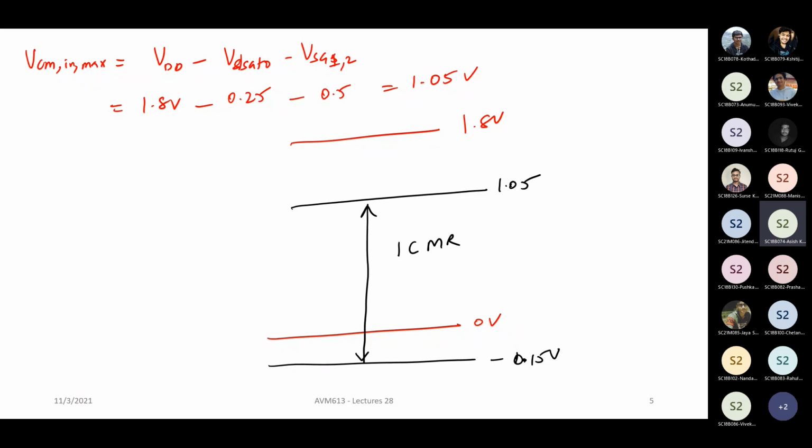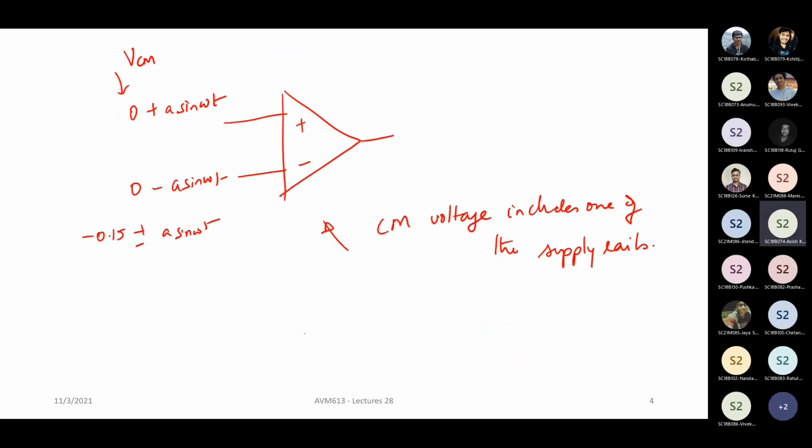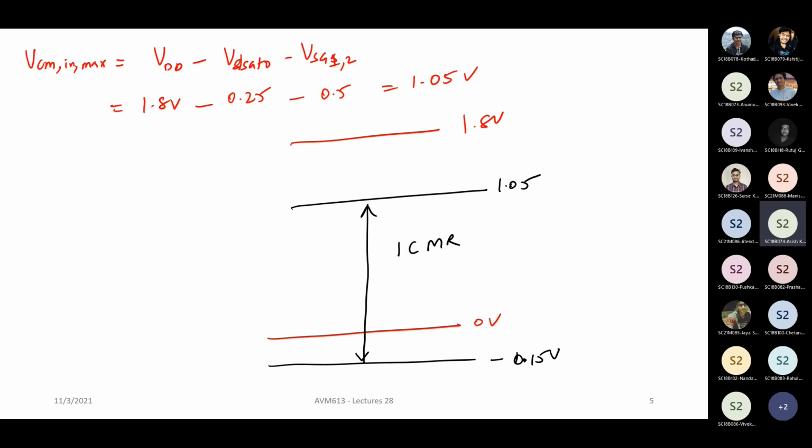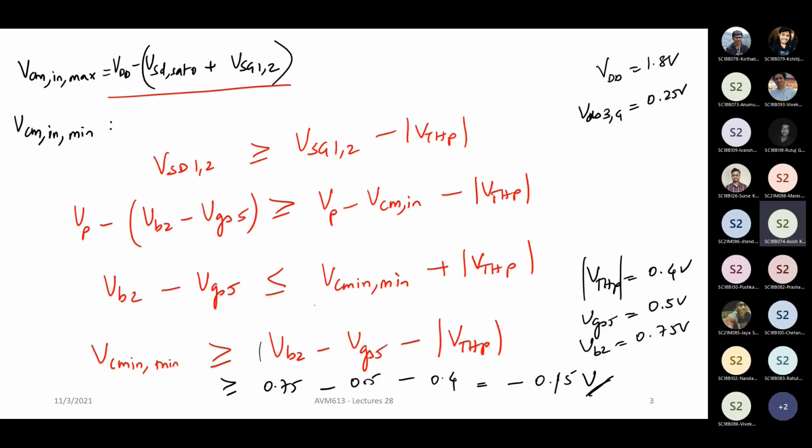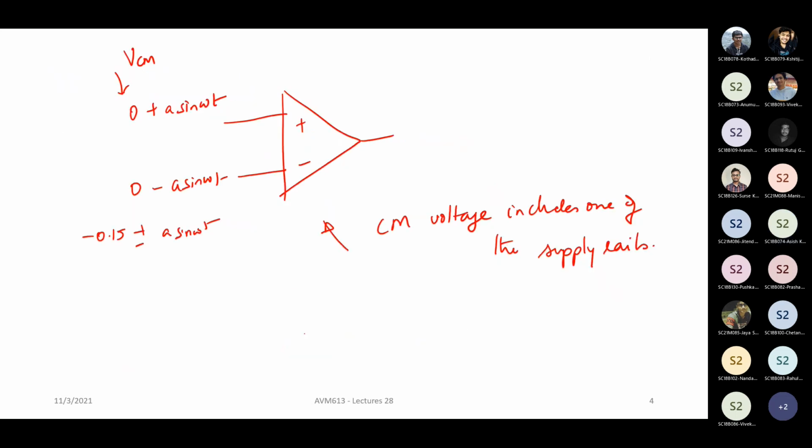Sir, what do you mean by negative input here? If we provide a negative input, won't the polarity change? No, this is the input common mode voltage, right? So for example, let's say your